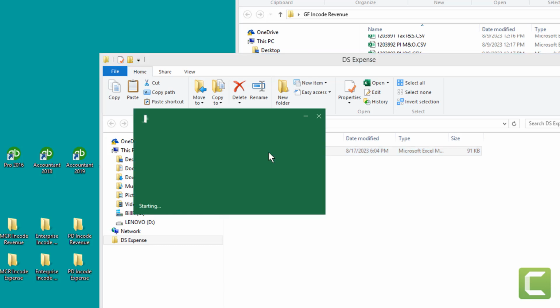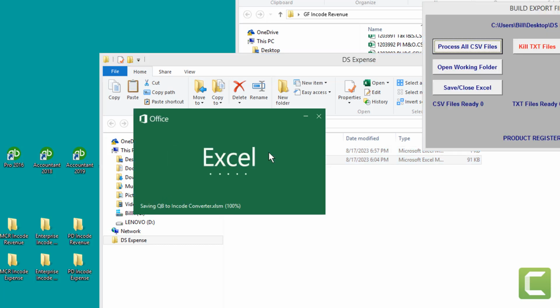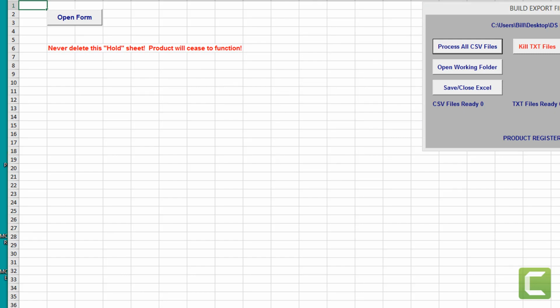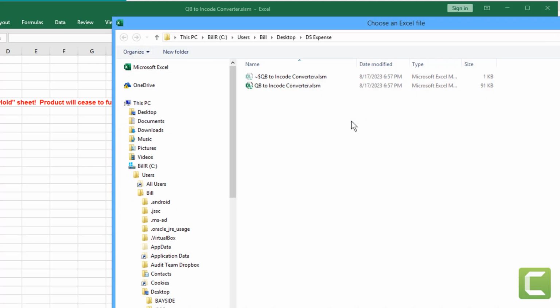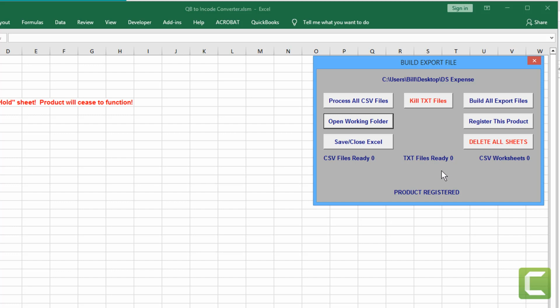So double click it. And we have nothing in the working folder. That's good. And we also have no TXT files, we have no CSV files, and we have no worksheets.